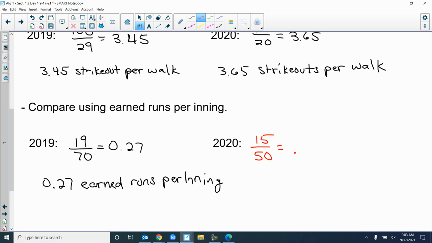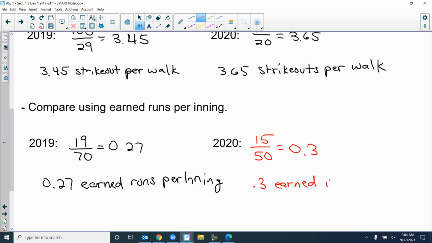If you just said 0.75, you can't do that. It's 0.3. Oh, okay, 0.3. So he gave up 0.3